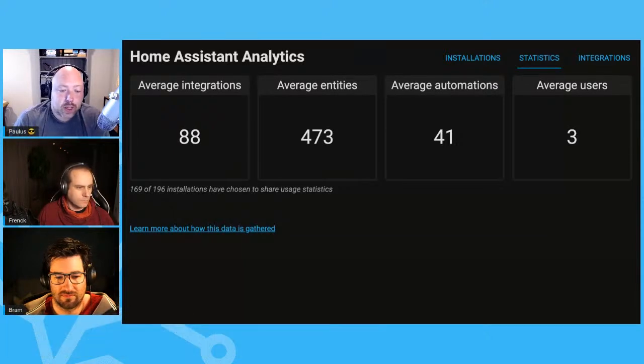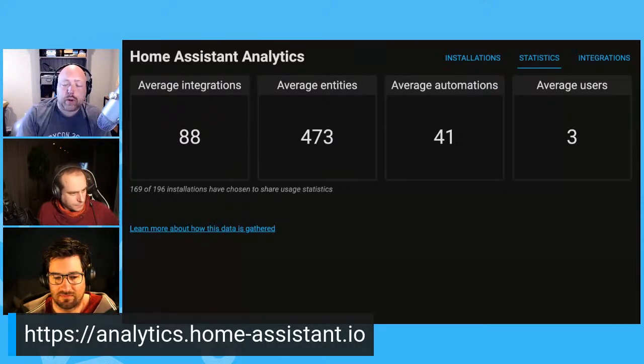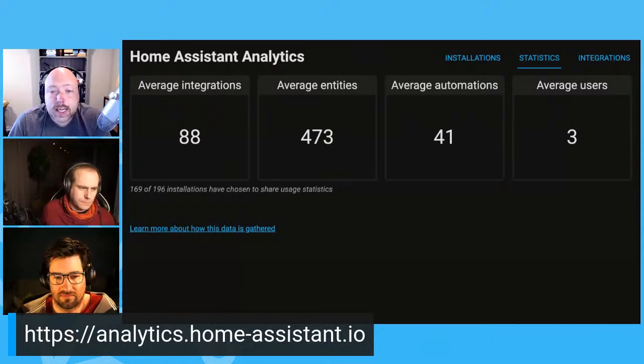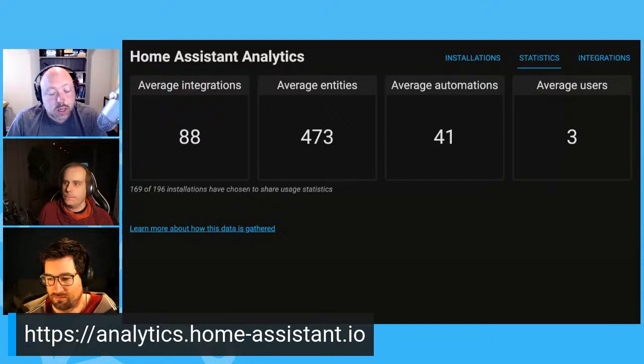So right now we can say, or soon we will be able to say, listen, there's like 20,000 people in the United States that are using TP-Link, I think it would be good to make sure that those people are not being left in the cold. So I think it's going to be really useful also for us in trying to help convince other people